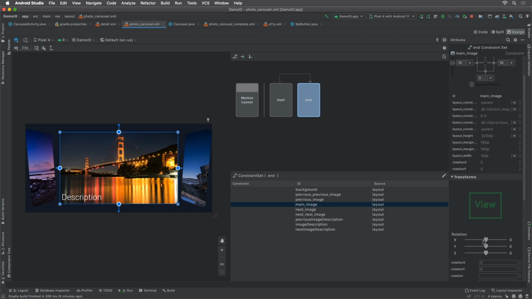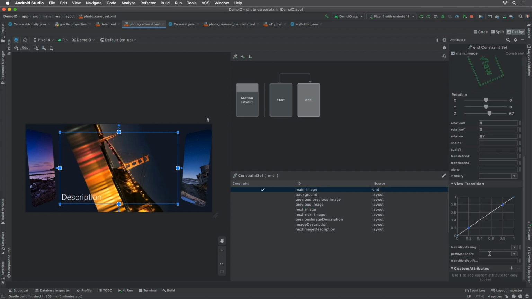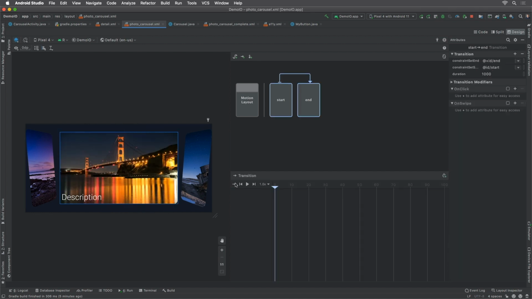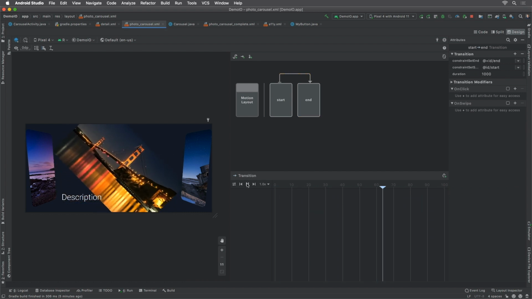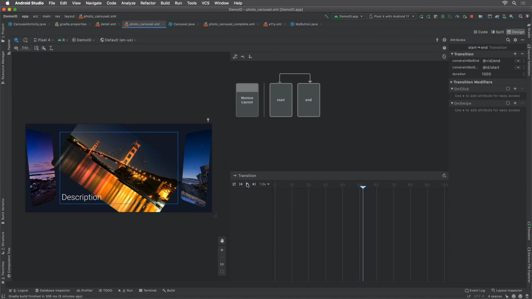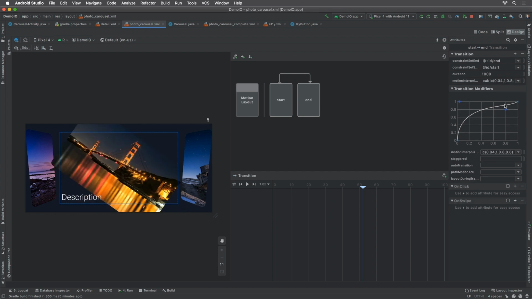So I can, for example, go and add some rotation. And then I can play this transition. And you can see it's now playing through the animation by rotating the image. We've also recently added this transition editor so you can tweak the curves of your interpolators. There's a lot more functionality here, and just to show what's possible, let me jump to the completed state of